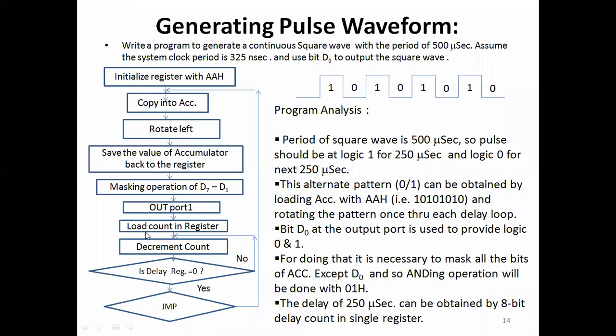0. And we want a delay of 250 microseconds, so we will use a delay counter, in which we load a certain count value into the register, then decrement the count and check whether the delay count is 0 or not. If it is, then we skip and jump to the next process of copying the value into the accumulator and rotating left, keeping the most significant bit as the least significant bit, displaying this least significant bit on the output port, and the rest of the bits to be